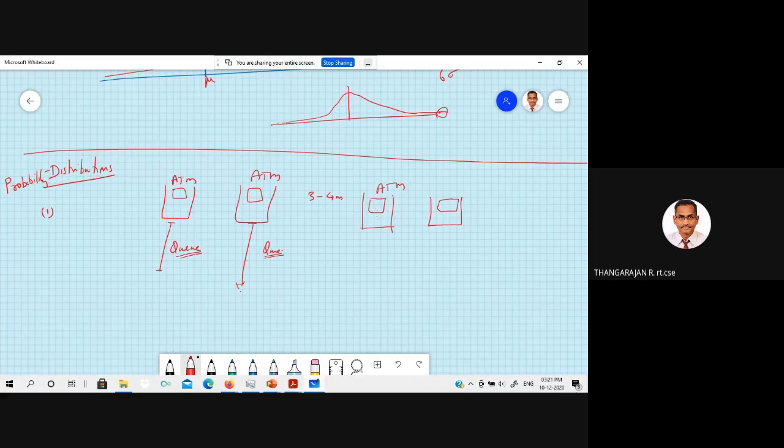And for this, he cannot experiment with an actual ATM. He cannot bring an actual ATM, put it in and see how long the queue gets, because the ATM is not there. The problem is you have to install an ATM which is not there. So in that case, you will go for a simulation.